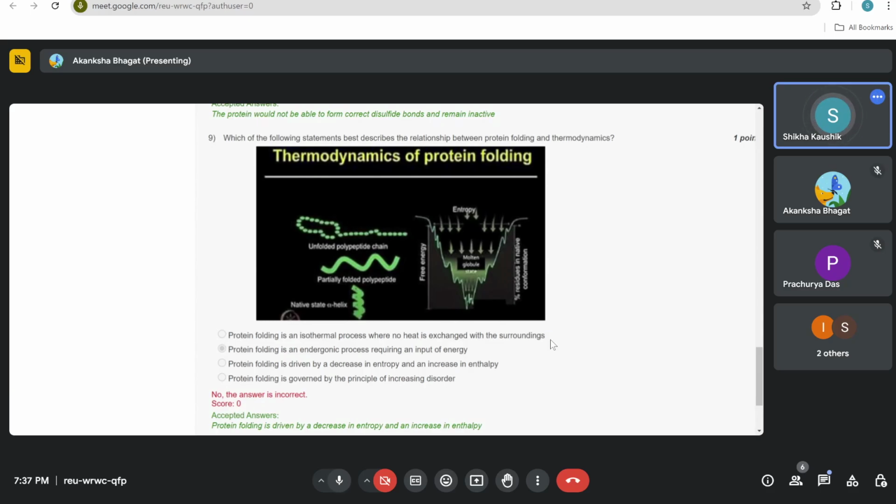Some things require energy, some bond formation requires energy, but saying the entire protein folding is an endergonic process requiring input of energy is wrong. When we say this folding happens as a spontaneous reaction, when you talk about spontaneity, something happening naturally, it may require input of energy to make some bond, but the entire folding is not because of input of